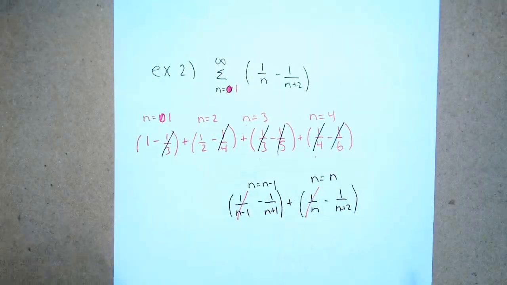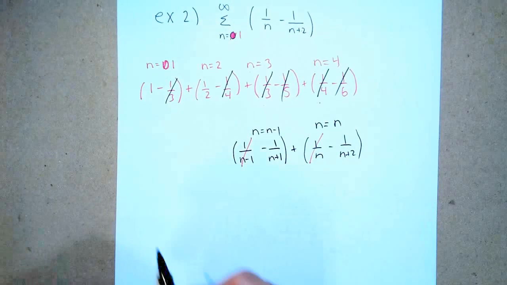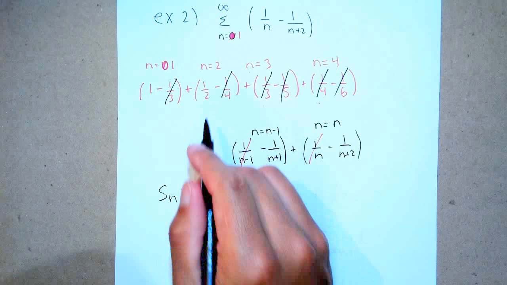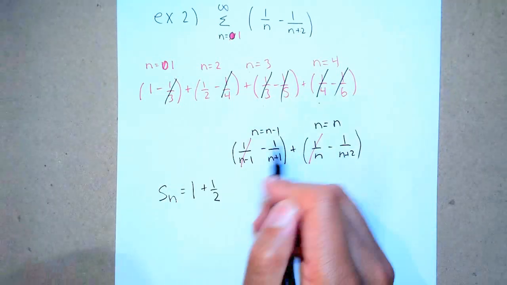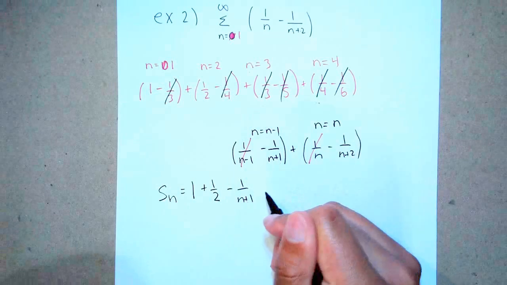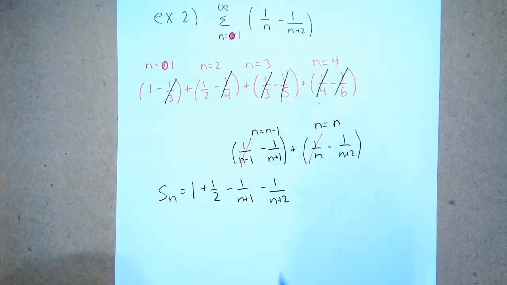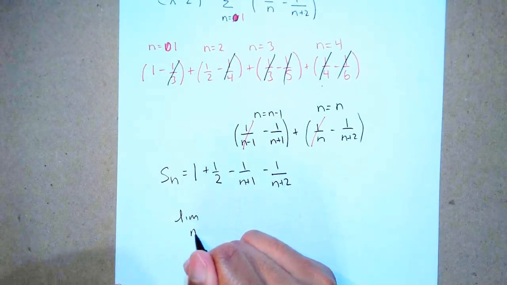And then our partial sum, what we're remaining, is S of n is equal to that 1 because it's never going to cancel out, this 1/2 because it's never going to cancel out. Reason why we had to do the last 2 terms, as well as this minus 1 over n plus 1, as well as this minus 1 over n plus 2. And then lastly, find the limit as n approaches